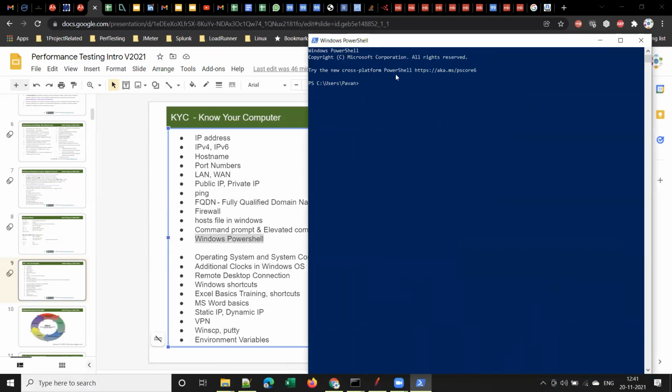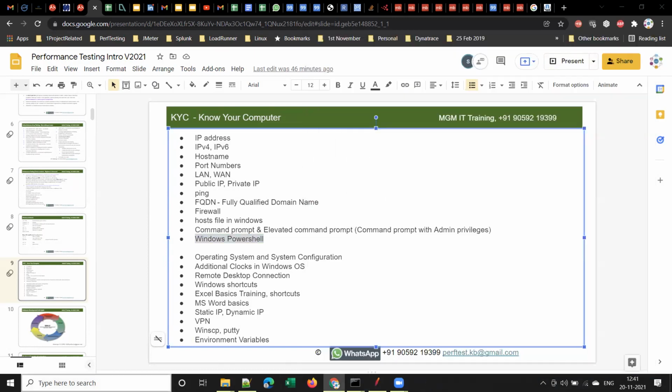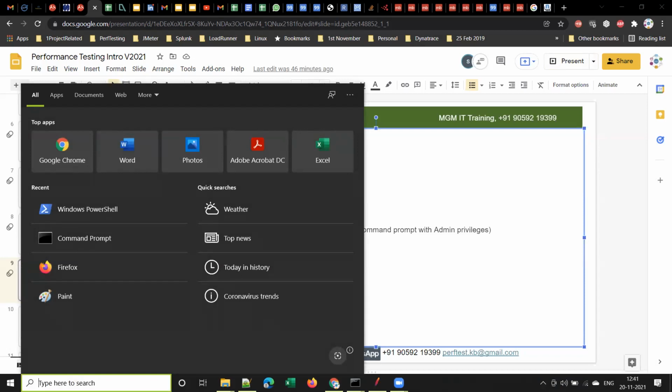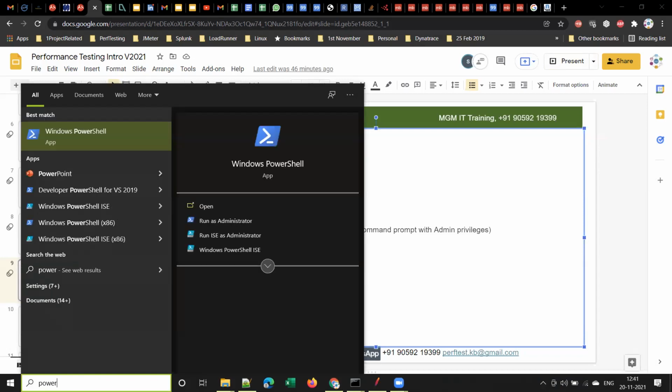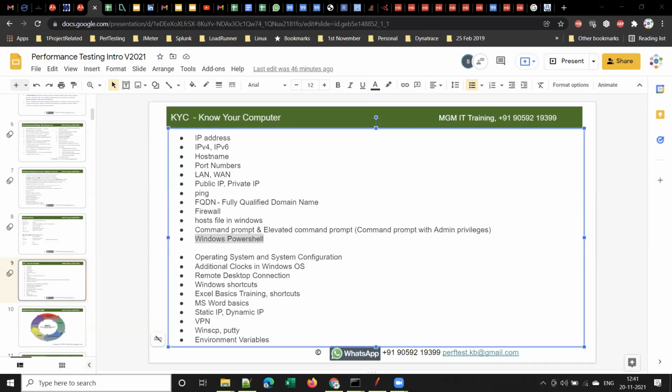All right. So we'll also use this when we are using JMeter. At the end of JMeter training, I will cover some open source tools like ELK stack. At that time, we will use this Windows PowerShell, right? However, you should know that there is something called PowerShell in the Windows operating system, which is nothing but an advanced version of your normal command prompt.